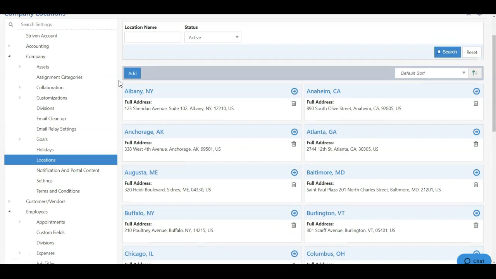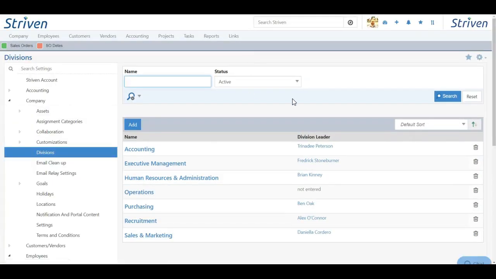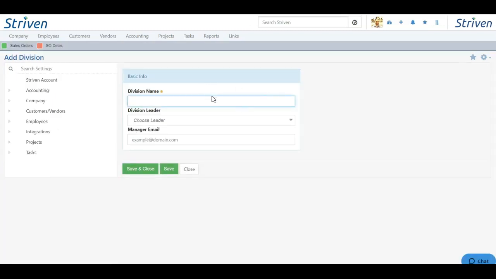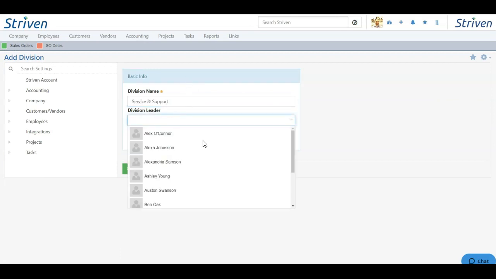Next, let's talk about divisions, which can be found under the Companies section in your settings by clicking Divisions. Here we can see all the divisions that we have in our Striven system already. But if we want to add a new division, just click the blue Add button at the top of the divisions list. Here we can add the division name, choose the leader of the division,